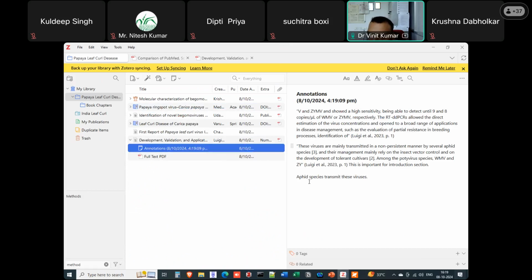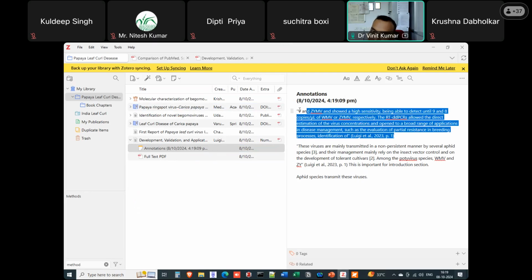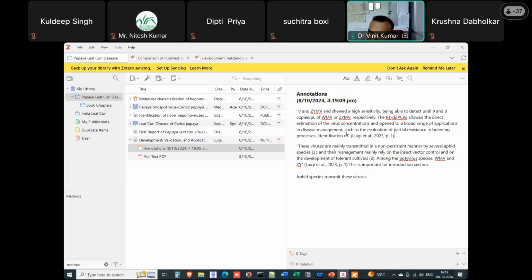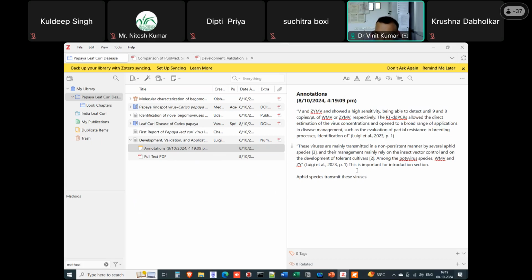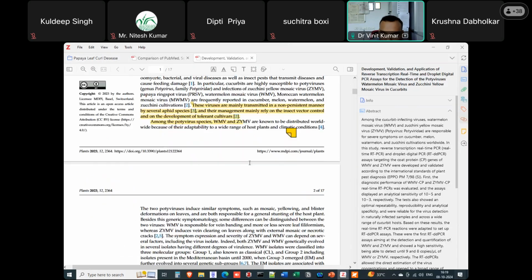So you see here, aphid species transmit this virus, right? And these are the highlighted ones which I had highlighted. It has already created an in-text citation also. If I am using verbatim, I can directly copy this and paste it in my manuscript, depending on the situation. So likewise, you can put annotations, you can highlight portions, and other